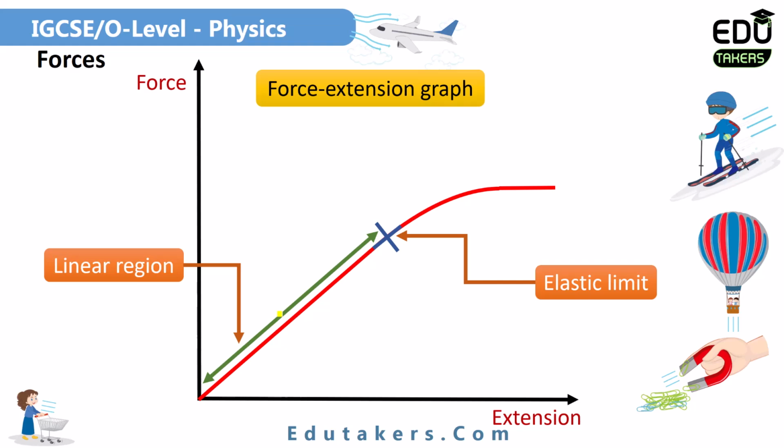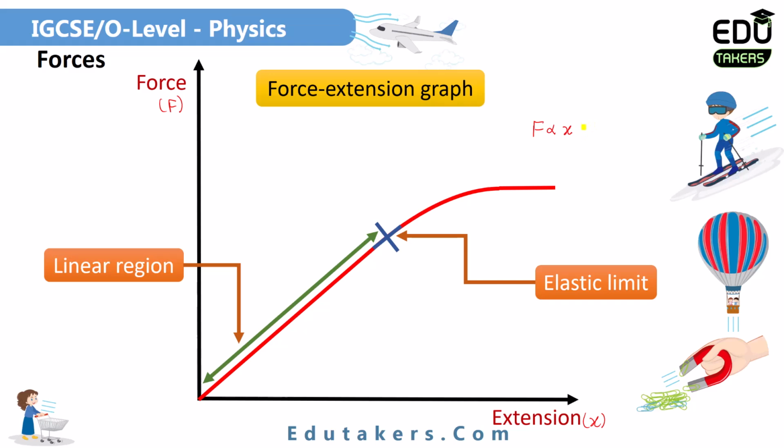First of all, you can see here there are two regions. What is the difference in both of these regions? In the linear region, you can simply see here the graph between the force and extension is a straight line. I can simply say in the linear region, the force and extension, both of these are directly proportional to each other. By increasing the applied force, the extension of the spring also increases. Here the extension is represented by x and the force is represented by F. So in the linear region, both of these are directly proportional to each other.